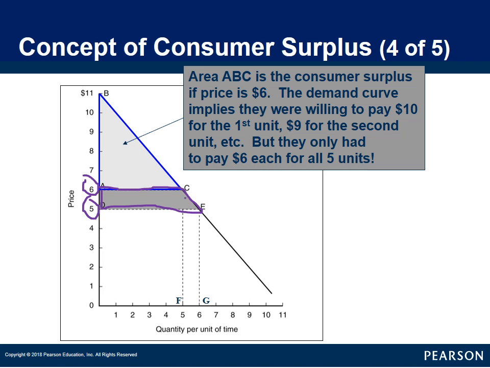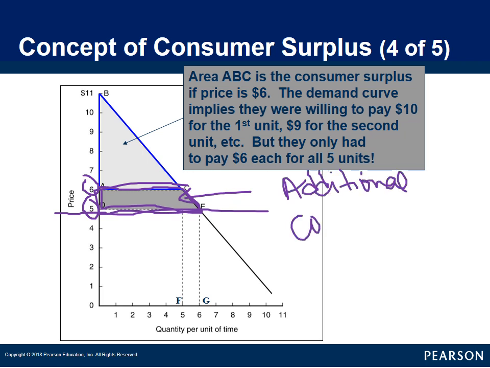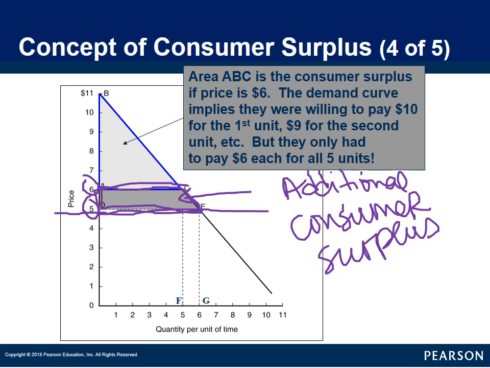We would increase the consumer surplus by the additional area added to the triangle above this new price point, which is the gray shaded area. So if we lower the price from $6 to $5, our additional consumer surplus is going to be the area of that gray